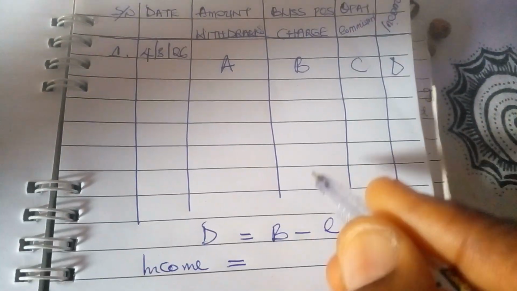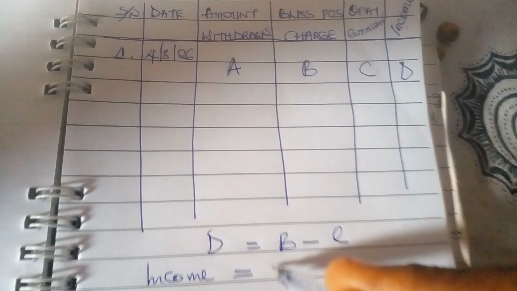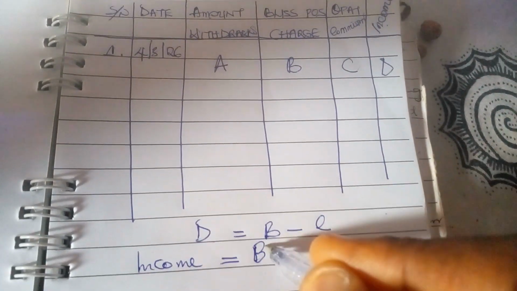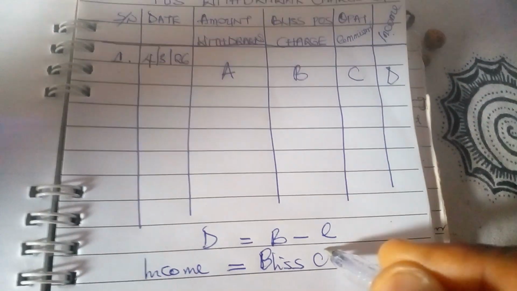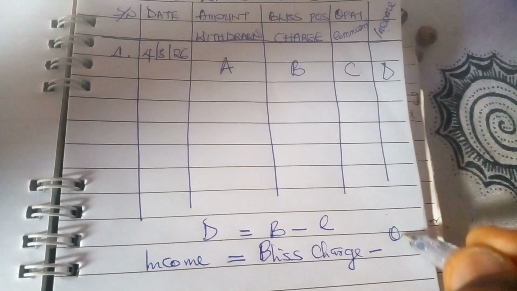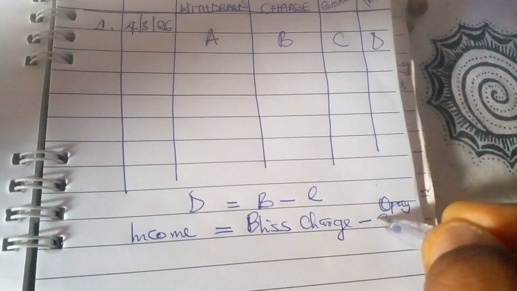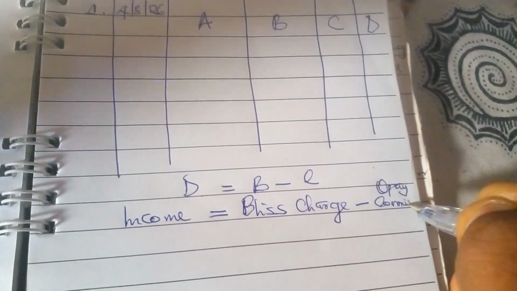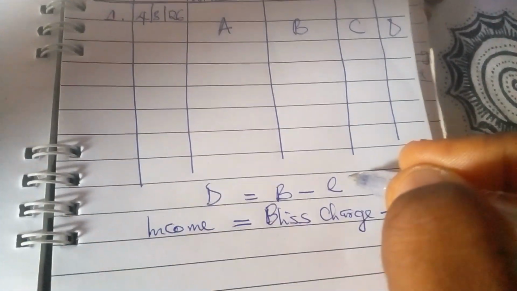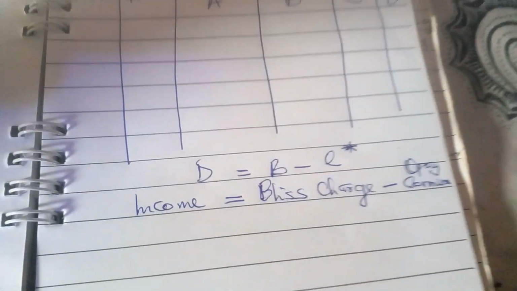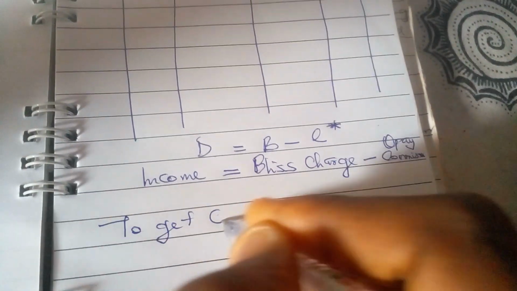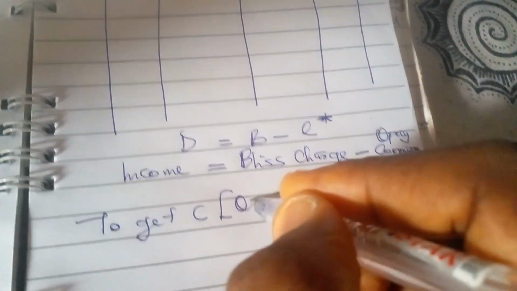That means your income is equal to your charge, that's your POS charge, Bliss charge, minus OPay commission. That is the commission you are paying the dealer that gave you the POS machine. Okay, now our problem now is how to get this C. How to get this C? So to get C, which is our OPay commission,